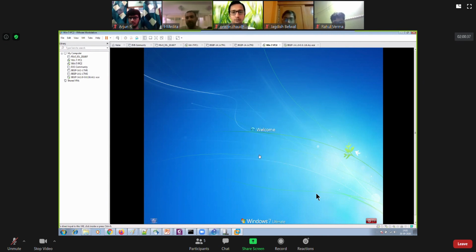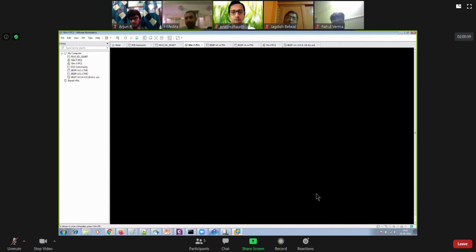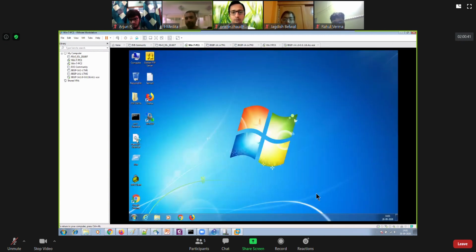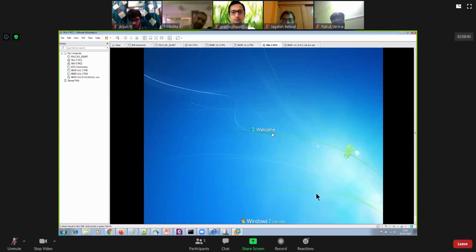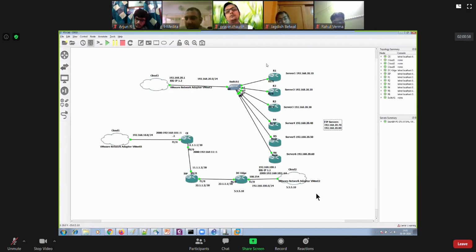PC1 also, I'll log in. I'll have to change the IP address. On PC2, the IP address should be 20.80 and the default gateway should be 20.1, which is my BigIP's internal interface IP. So instead of using these routers, I'll be using my Windows machines as FTP servers.